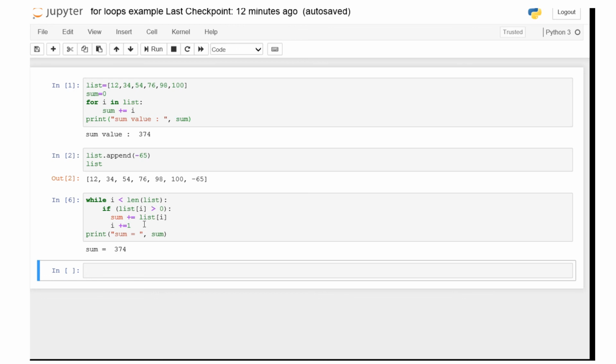Otherwise you will get an index out of range error, because the index will start from 0, and that's why the error is coming. So you have to give the correct index. The checking and the condition everything should be given in a correct way. Then you will get the correct answer, and the desired output will be received by us, if all the syntax is correct. So in the upcoming videos we will see some more programs using loops and conditional expressions.